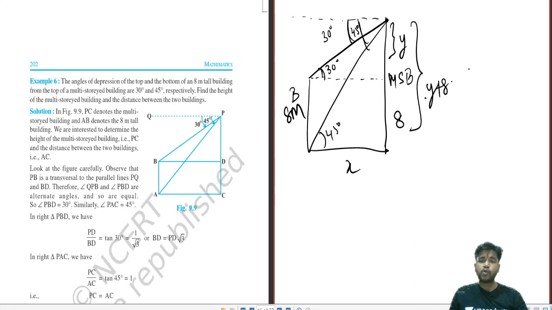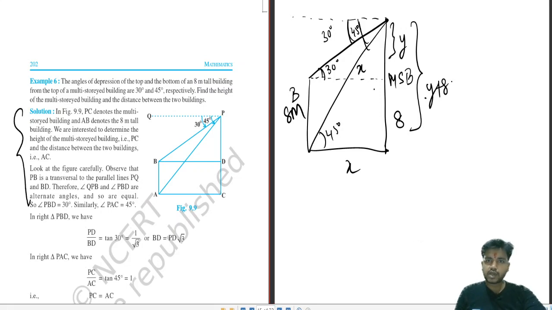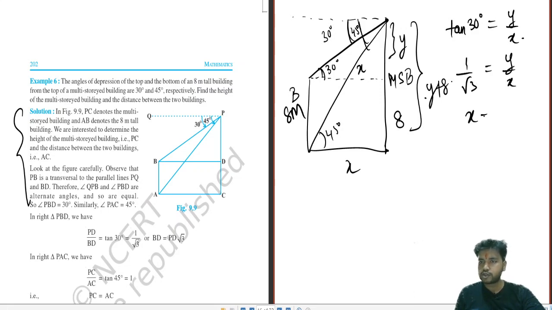Okay. Now, how would we solve the sum and how do we move towards the sum? First, if this is x, this will also be x. And this is y, this is also y. So, you have to explain this in the start. This whole thing is written in the start. Okay. So, what is the help over here? Tan 30 degree is equal to y by x. So, 1 by root 3 equals y by x. So, x equals y root 3. This is our first hint, equation 1.